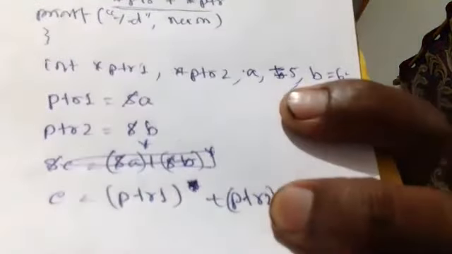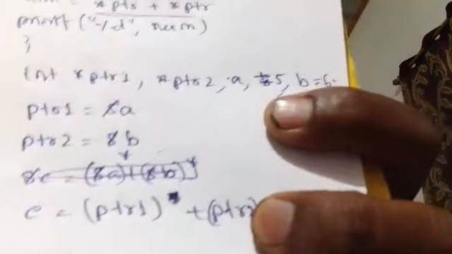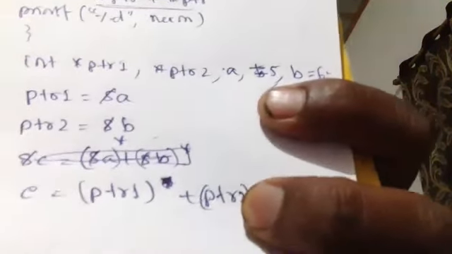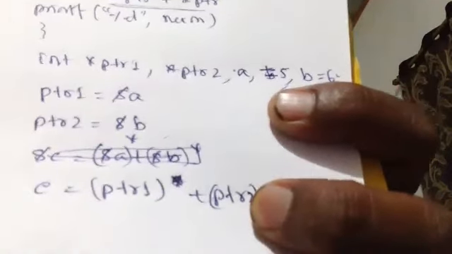I want to add 5 plus 6, but by doing this we are adding the addresses, and this is not correct. Adding the addresses is not correct, because you are looking for 5 plus 6. What to do? Sir, PTR1 equal to star A